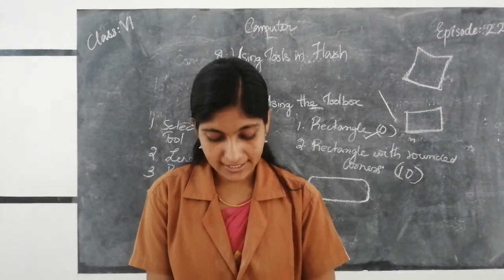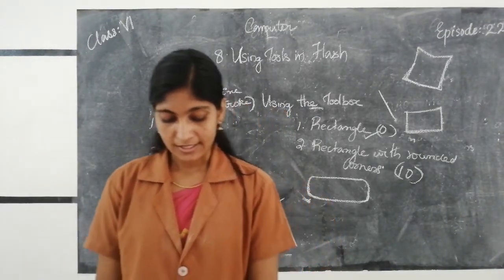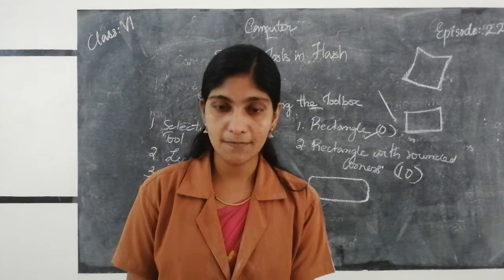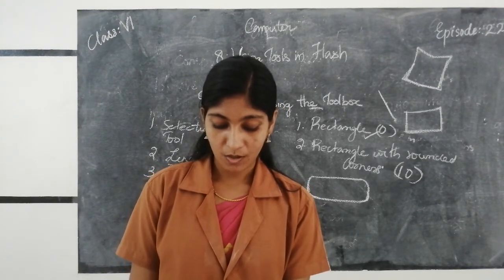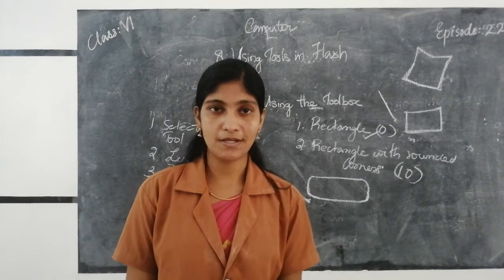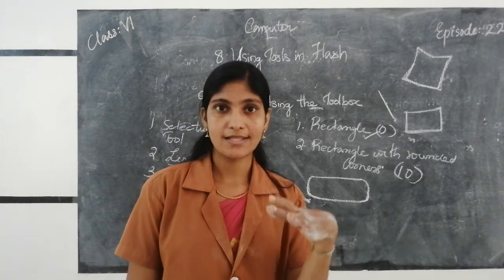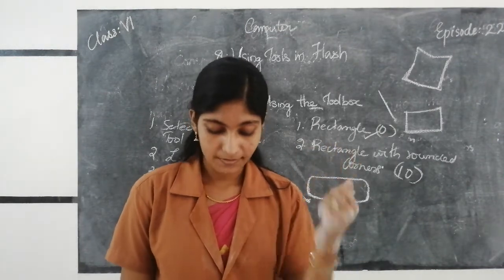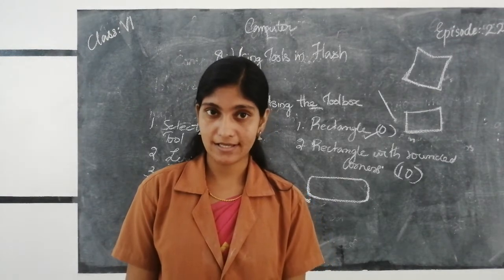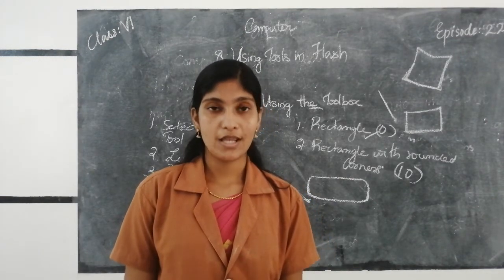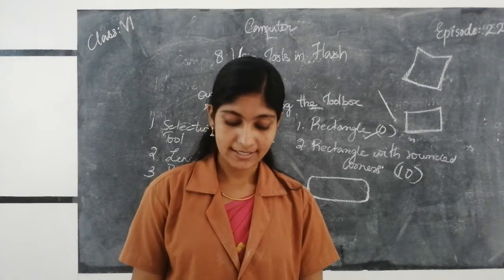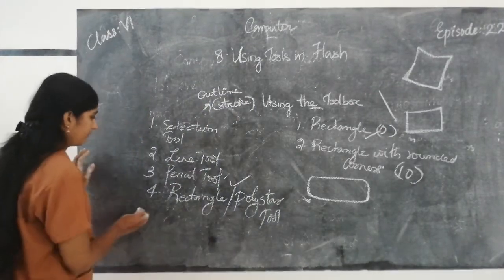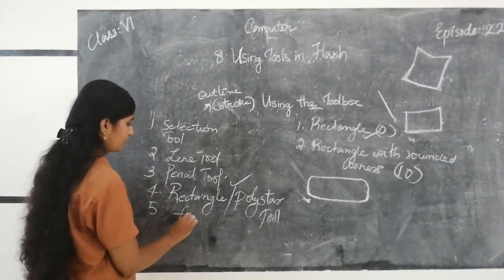Then moving to the next topic, that is the free transform tool. Free transform tool means you can edit: you can resize the picture, rotate it, or skew your shape. Skew means slanting to the left side or right side. So you can apply skew, rotate or scale, meaning increase the width or height of the shape you draw, etc. So next, the fifth one, is the free transformation tool.